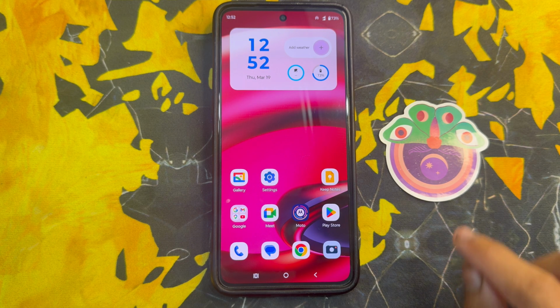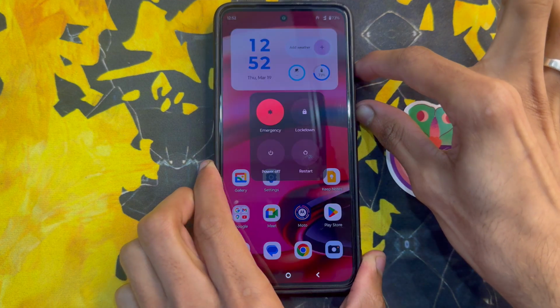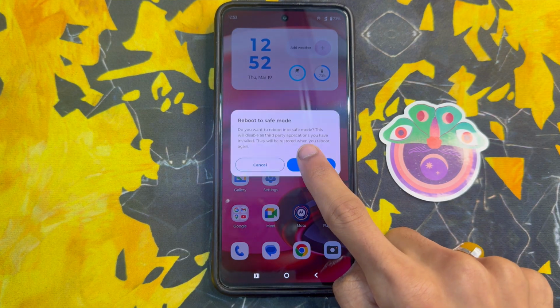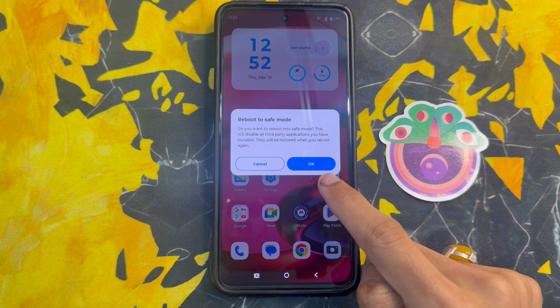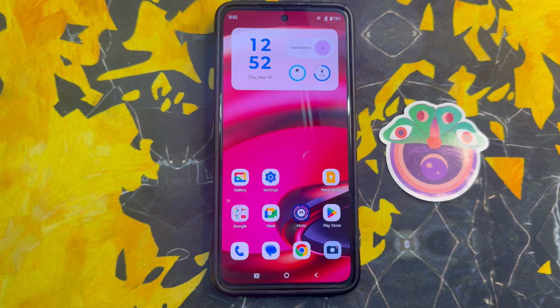First of all, restart phone. Just click and hold side power button and volume up button and restart phone from here. After restart phone, go back to home screen. You will see your problem is solved, but if it's not solved,